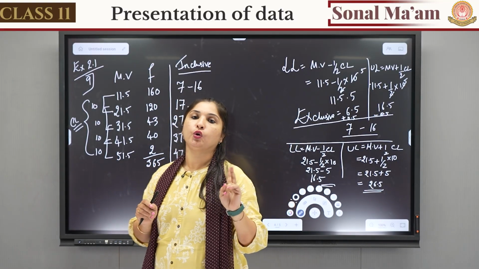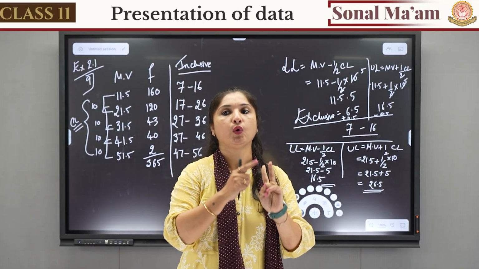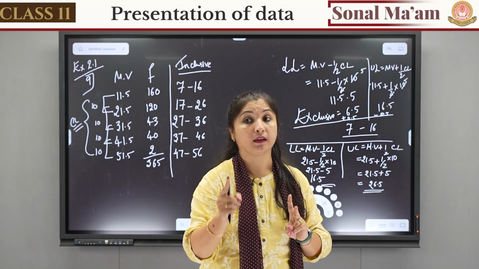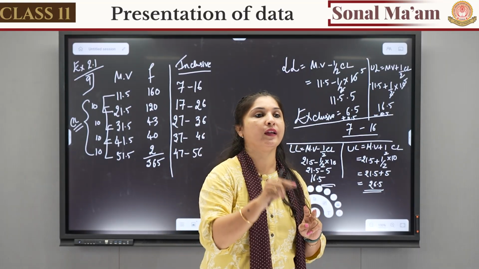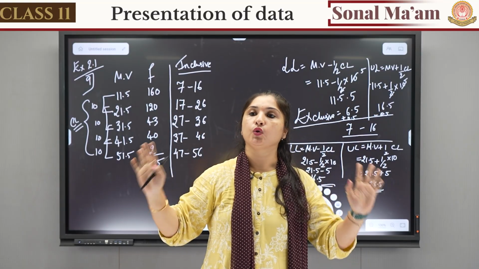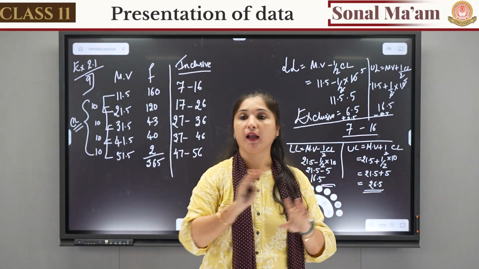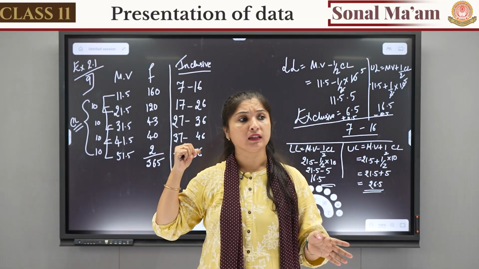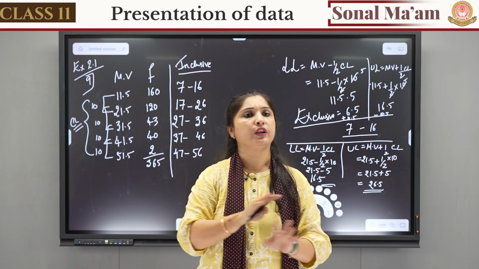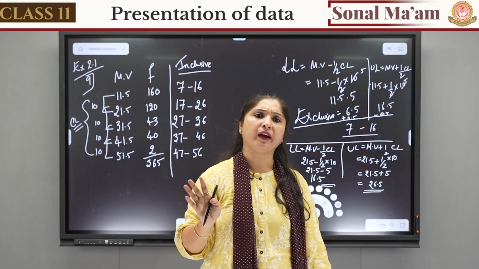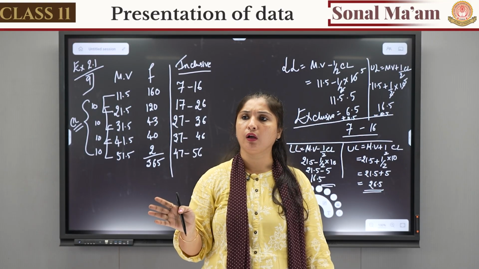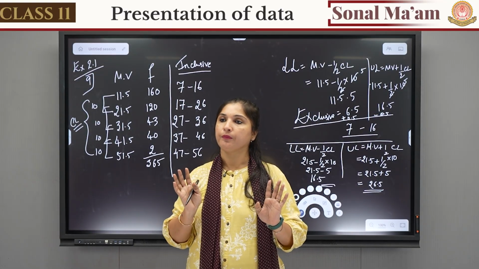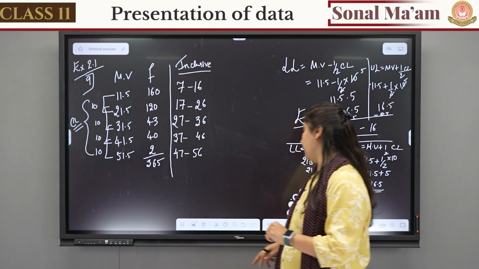Are you understanding? Yes. Two steps to remember. Whenever mid value and class length are given to you, you can find the lower limit and upper limit. But the lower limit and upper limit that you will get will be exclusive. If it is not said in the question that you have to find inclusive classes, then don't find them. In this question it was said, that's why we found them. If it is not said in the question, let it be exclusive only, not an issue at all. If it is specifically mentioned in the question that you have to find inclusive classes, find them. Is everyone clear? Yes. Okay, very good.